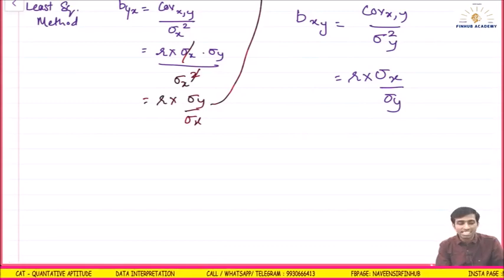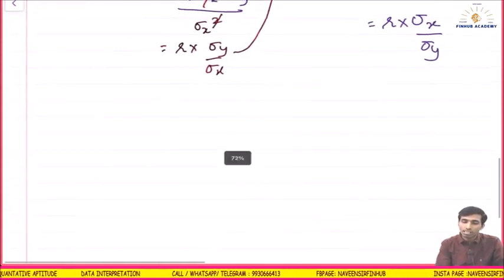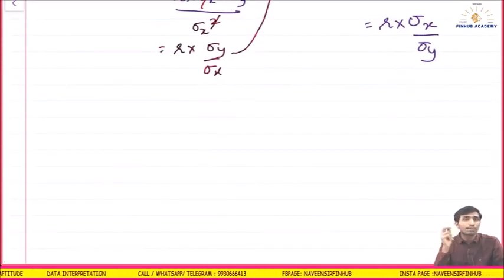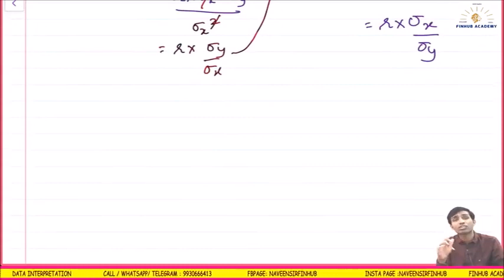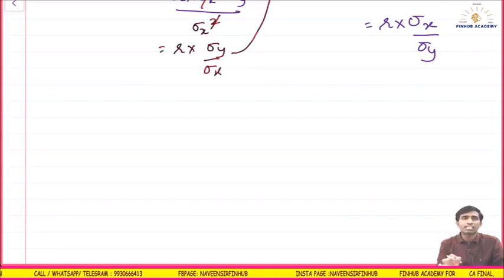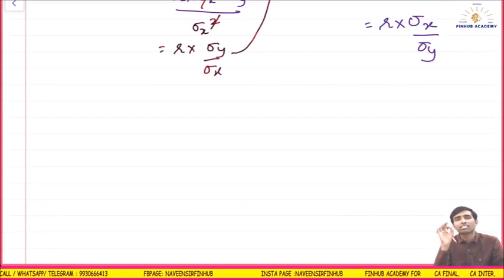One more thing, last part: change in origin and change in scale. If you remember, I made a mistake in the previous part. While explaining, I said that regression does not get affected by change in origin, neither by scale. But the right thing is, regression coefficients get affected by change in scale, but not by change in origin.